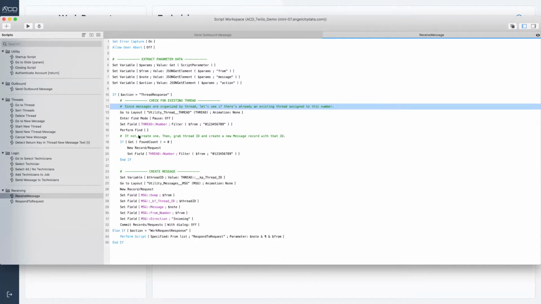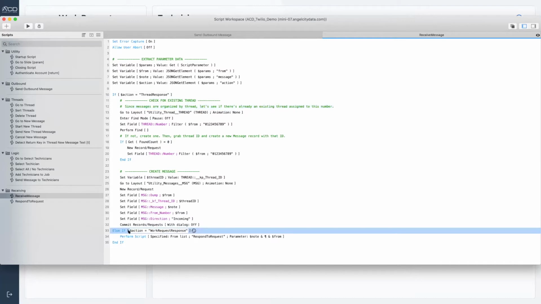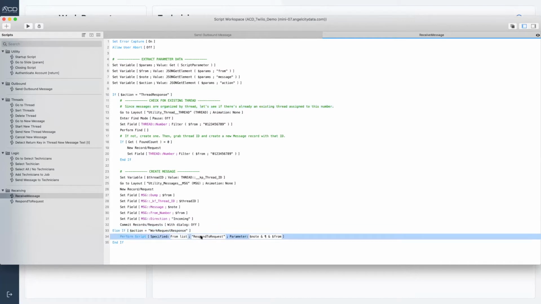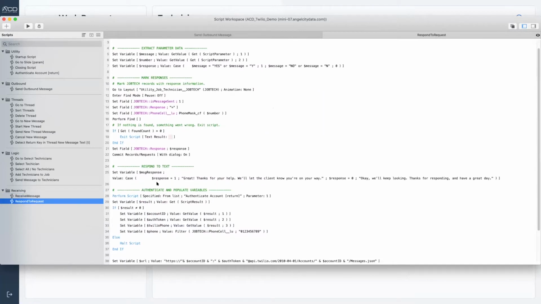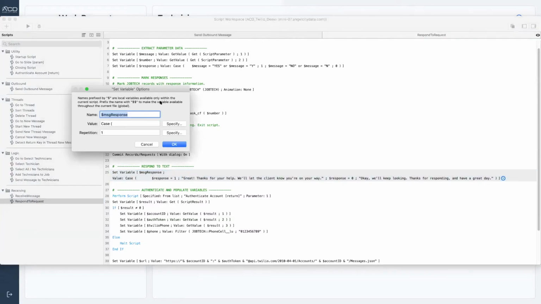And as long as you're okay with setting up a node file, which is very easy to set up, it takes an hour or so, then you can be off and running here. So then I'm saying else if this action is work request response, go ahead and do this deal, which is respond to request. And this is where I'm sure Dave and Dina and Talia and Joe and Jonathan, I think I got everybody, but this is where we're saying if the person responds with yes, then go ahead